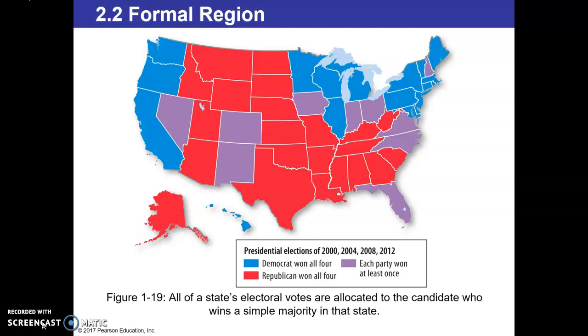What's interesting about this map, though, is it changed in 2016. Some examples of states that ended up going red instead of blue include Wisconsin and Michigan. The results of these elections help us better understand why we can categorize some regions as being more Democratic and others as being more Republican. Now, I mentioned in 2016 several states flipping, but if we look at the previous 4 years, we can see that there's some consistency that can speak to these regions being formal.